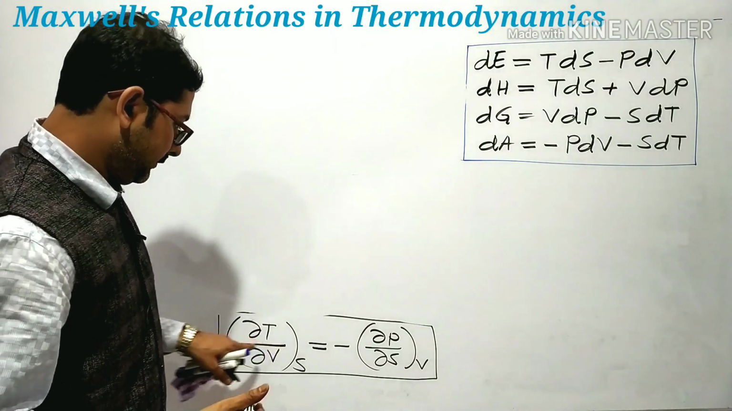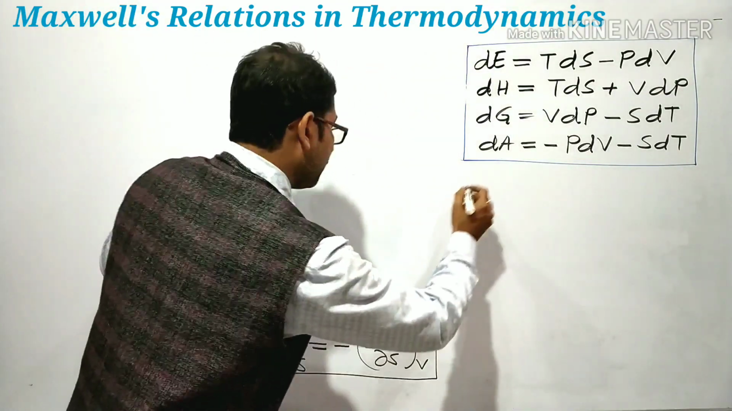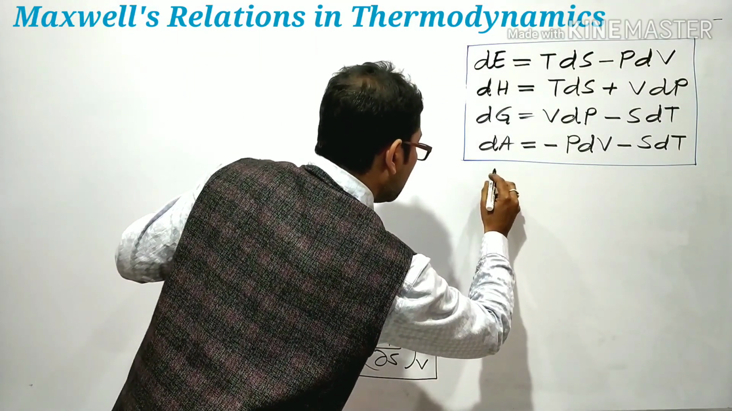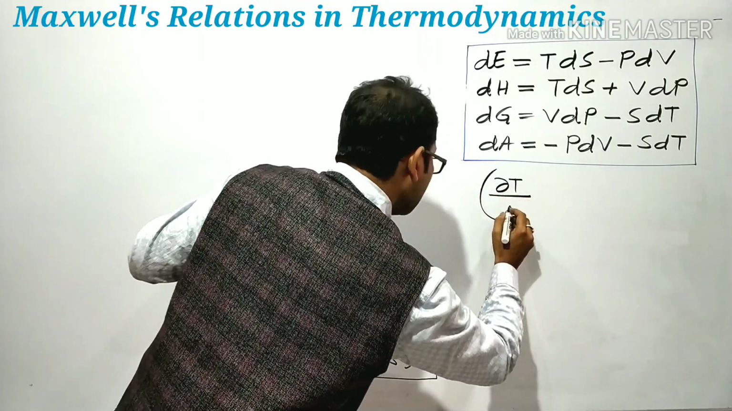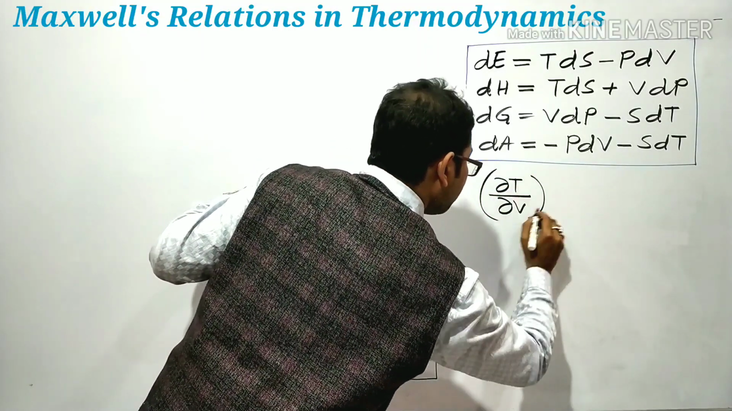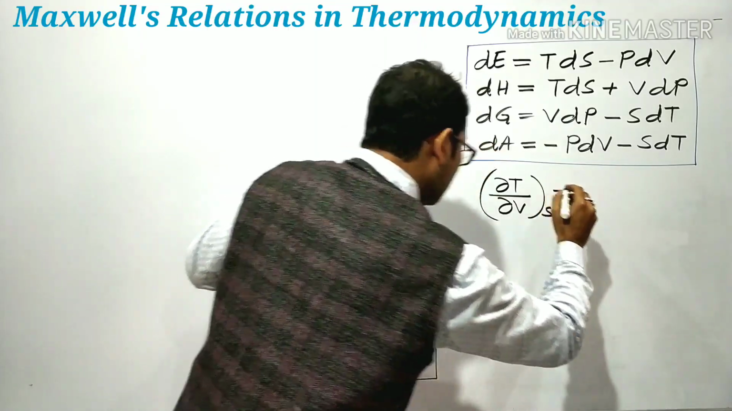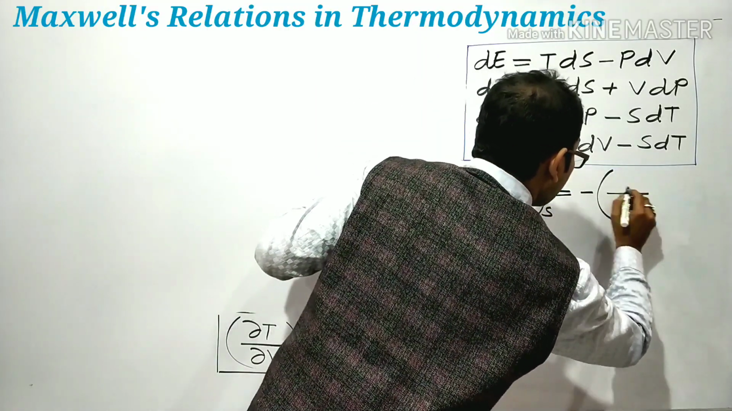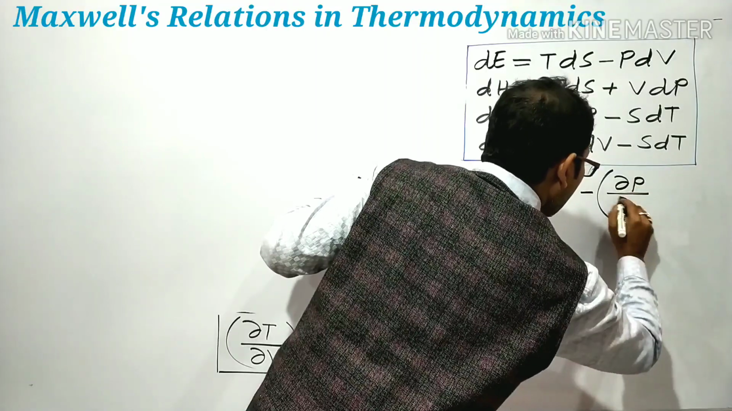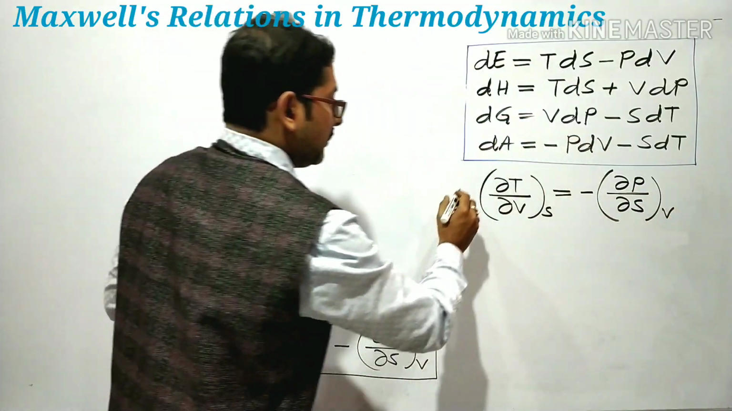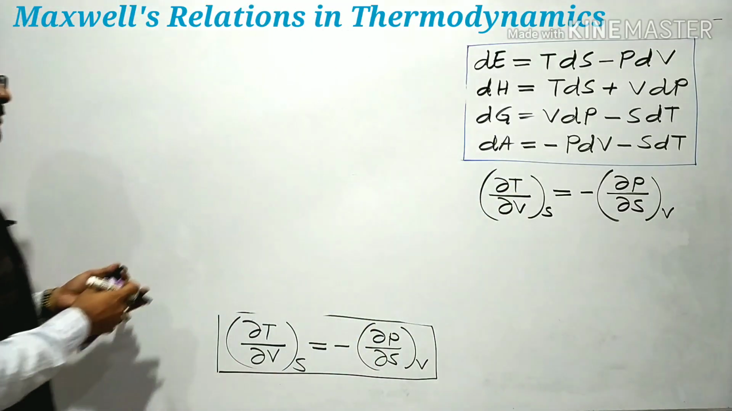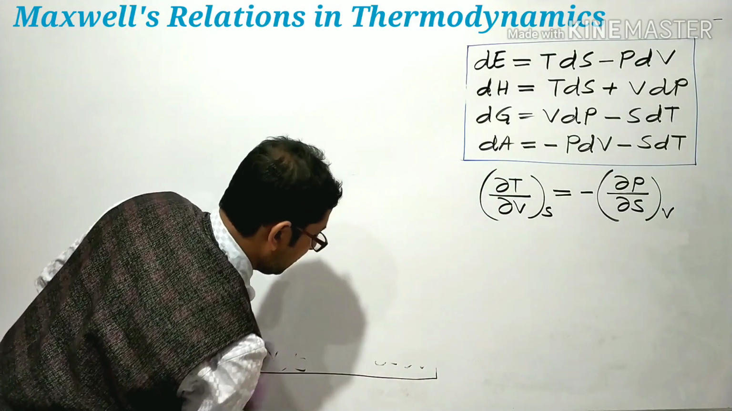Now we can write the Maxwell relation over here. First Maxwell relation: del T del V at constant S will be equal to minus del P del S at constant V. This is our first Maxwell relation. Next,